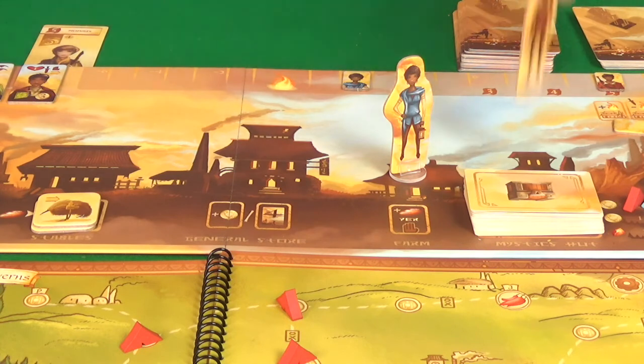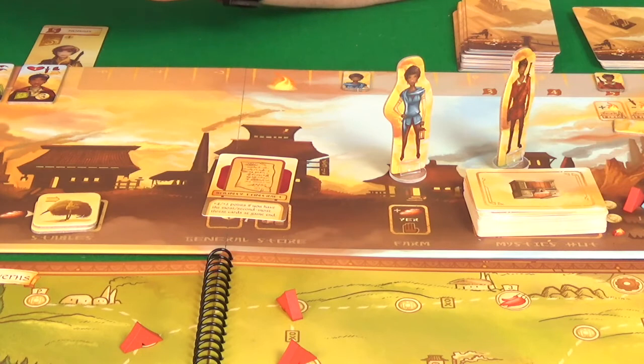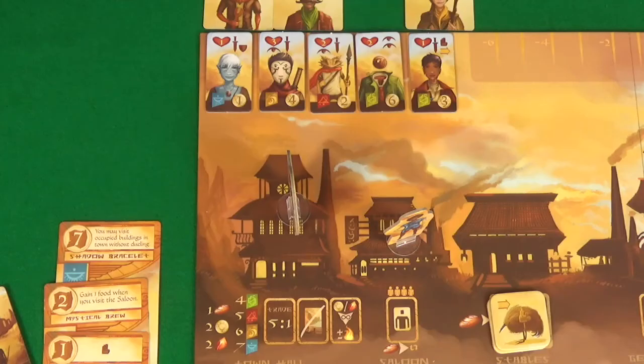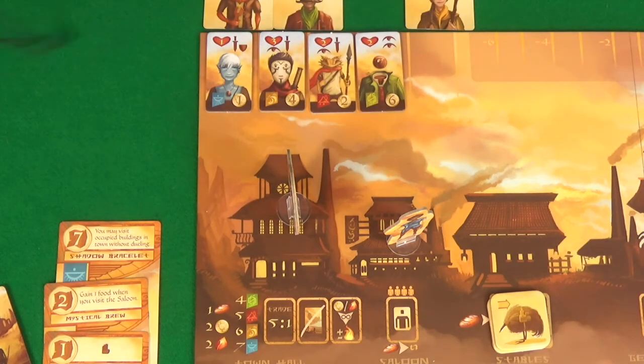Rogue is going to go to the Mystic's hut, and she gets a bounty contract, +4 or +2 points if you have the most or second most threat cards at the end of the game. So nice, just simple points for her there, because she has the most currently. I'm going to go back to the saloon. I already have 2 green faction, so it's only going to cost me 1 to get this other green faction guy. A new one out